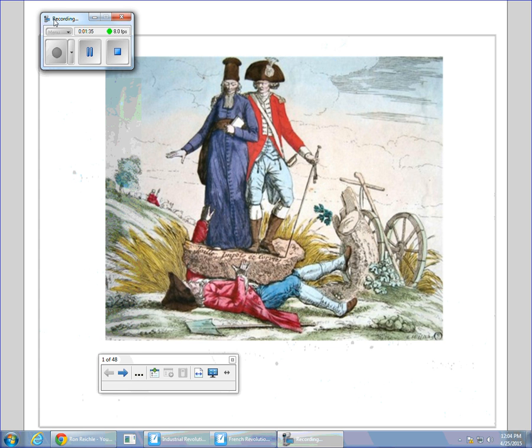1789 to 1792. It was actually pretty good. It went pretty well. And then it escalated. Then it got out of control at the Reign of Terror from 93 to 94. And eventually you get Napoleon after the Directory, and then the Congress of Vienna, which undoes a lot of the French Revolution. The Congress of Vienna is also very common for questions, comparing it to the Treaty of Versailles and